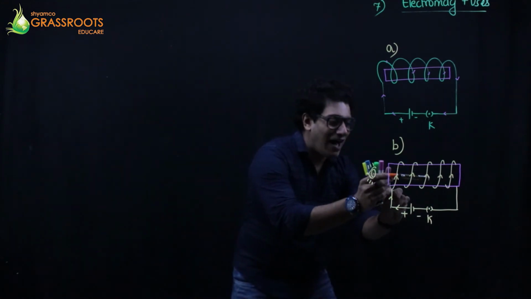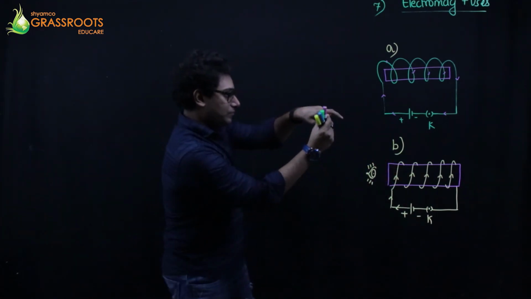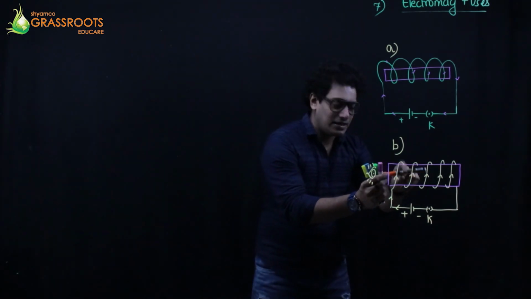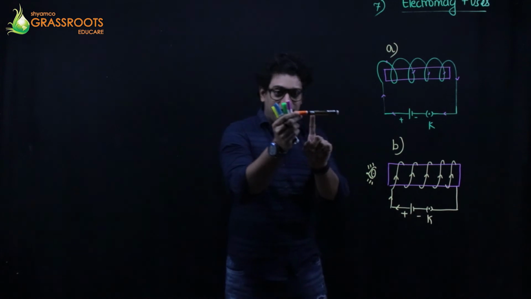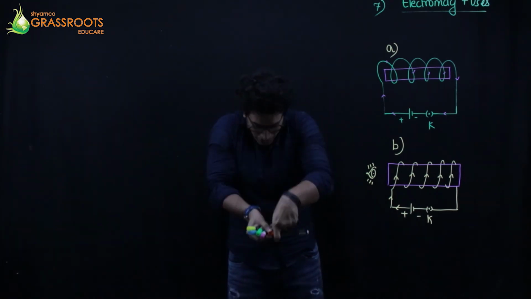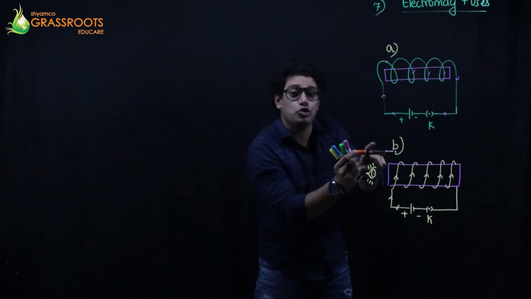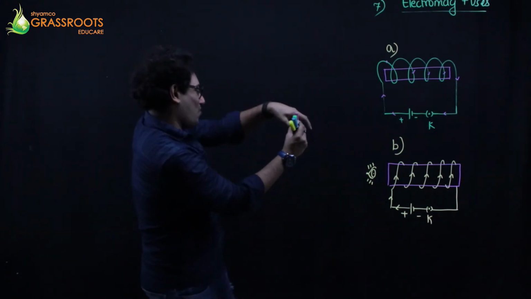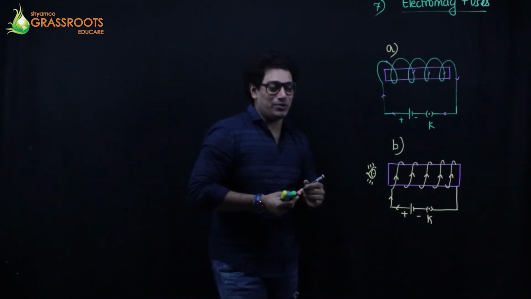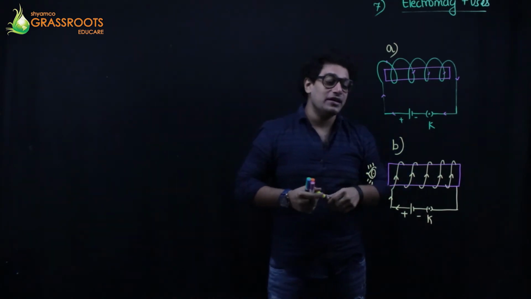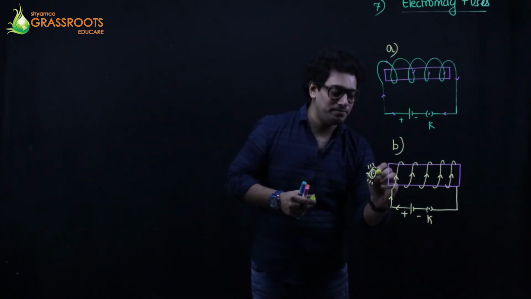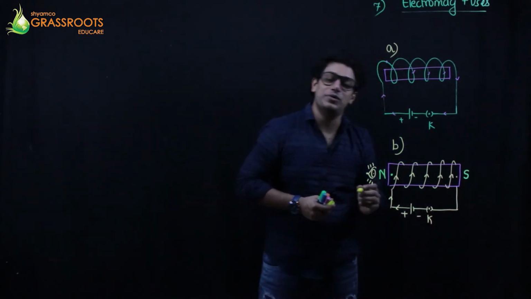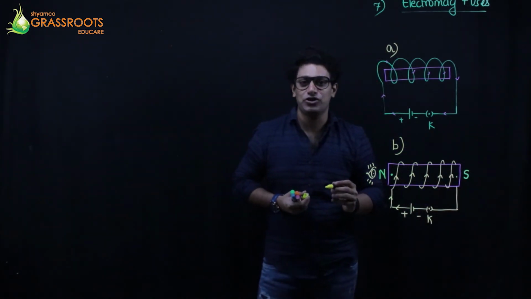So if the wire is going from the top, see, I have taken the face in front of you. If this is the rod and the wire is going this way, I am turning this to your eyes. It's anti-clockwise. And if it is anti-clockwise, I can say that yes, this is the north pole. This pole has to be north and this pole is going to be a south pole. That's how we determine the direction.